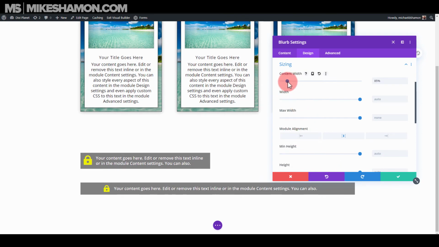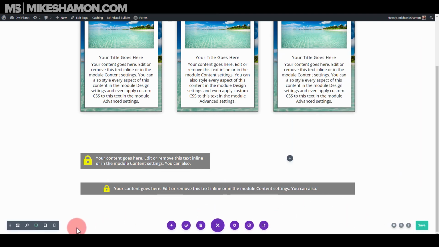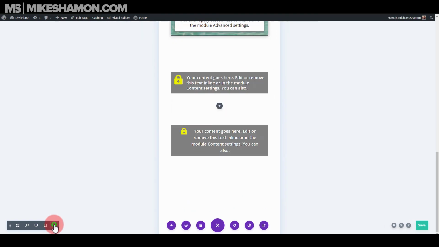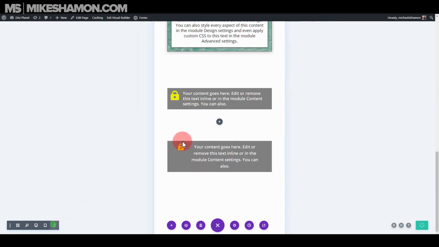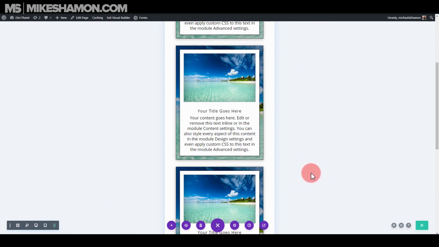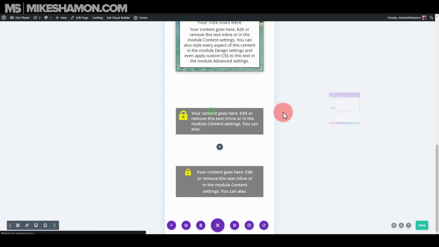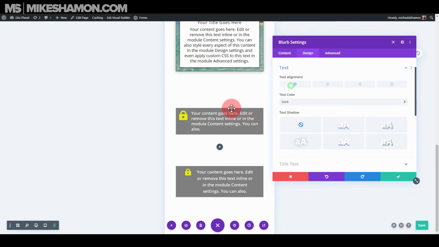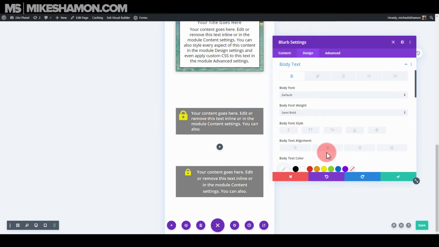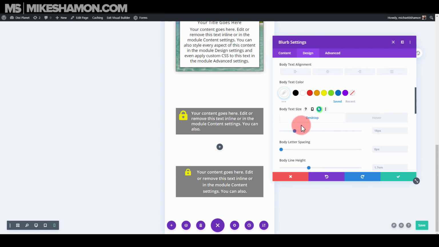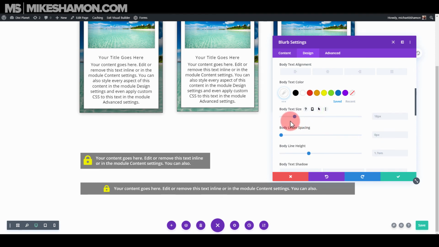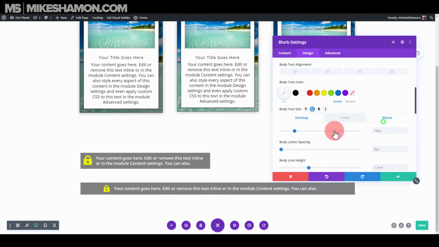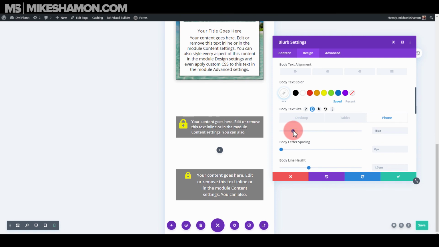So if you take the content width and move it down a little bit, you could get it a little bit centered there. Alright, so then if you just take the tablet, you can see how it is, and then you just want to resize for tablet there. I would just go back into this one, actually go to design and text, and just hit the paintbrush there, and then I would lower this if I roll over to hover. Nope, I don't want that one. I want this phone. If I roll over phone, I bring the text size down just a little bit,